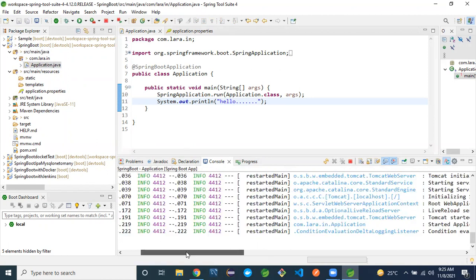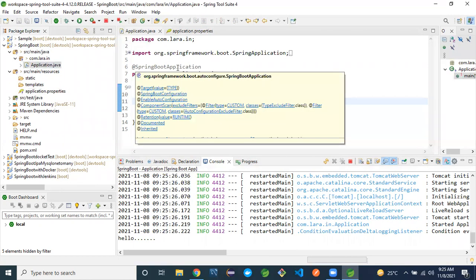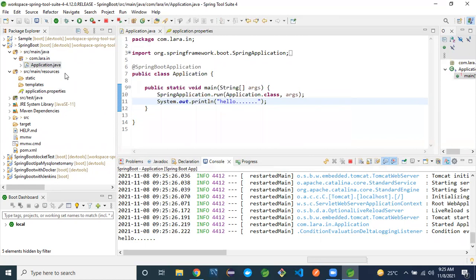And also, the Spring Boot application mainly works based on the @SpringBootApplication annotation and spring-boot-autoconfigure. These two take care of the entire application. Also, an H2 in-memory database is available by default in Spring Boot.